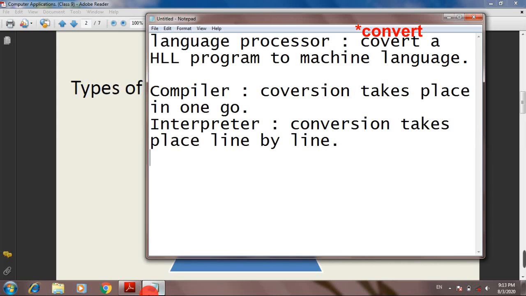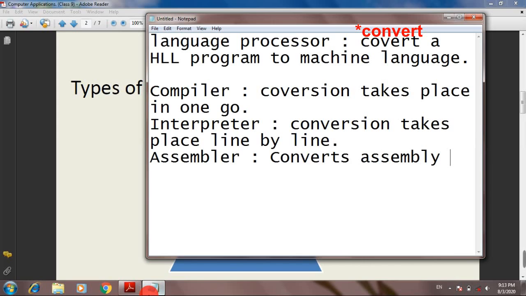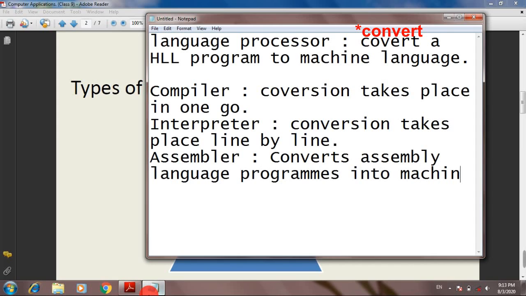The third language translator is assembler. So assembler also converts, but it converts assembly language programs into machine language.